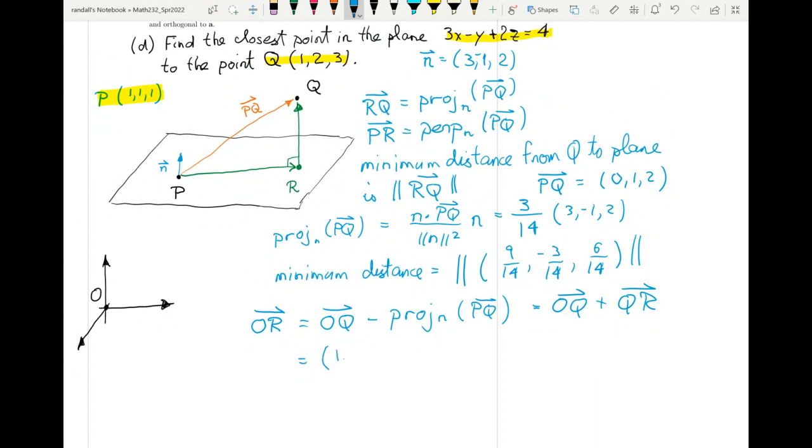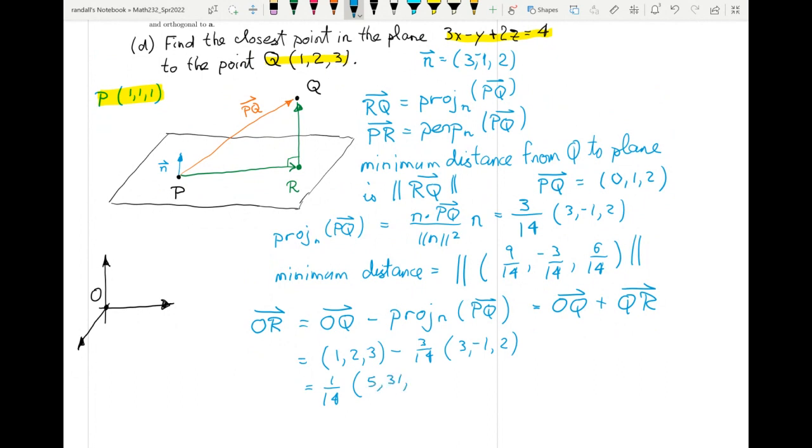So there's my OQ, (1, 2, 3), minus the projection I just computed, 3 over 14 times (3, -1, 2). And I get 1 over 14,